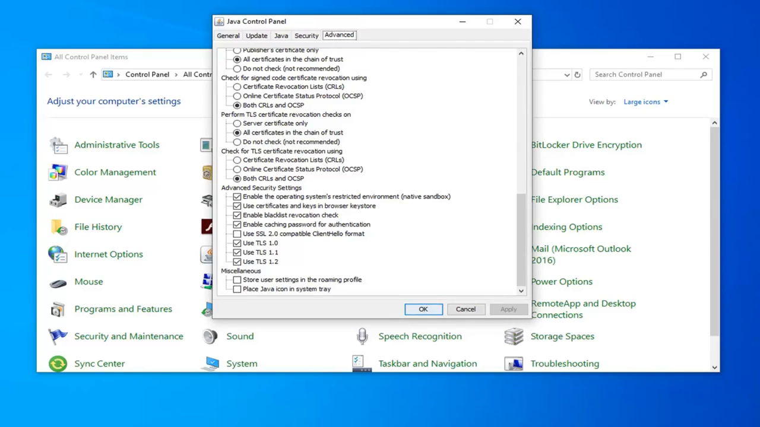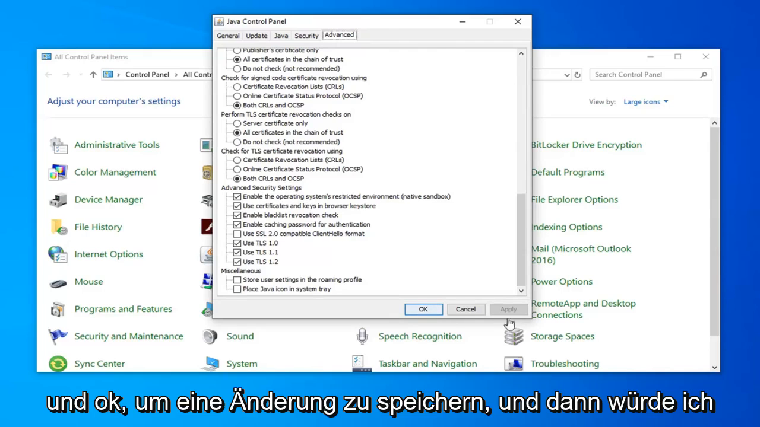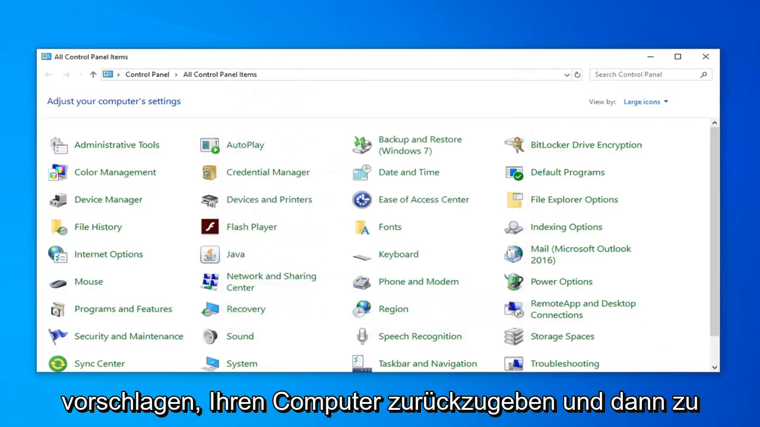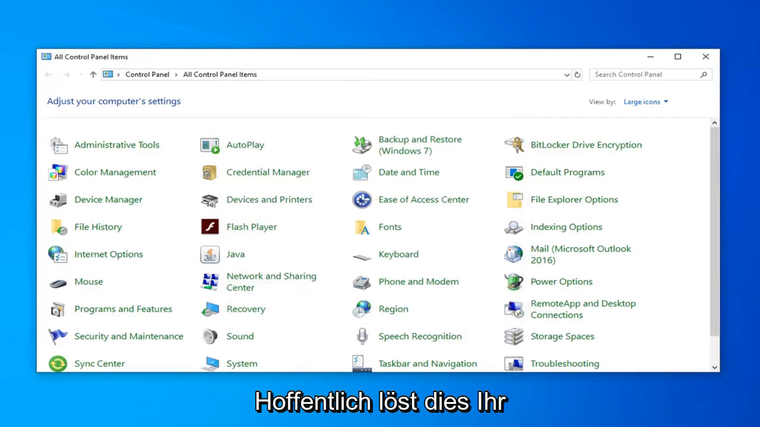Once that's done, you want to go ahead and just select apply and OK to save the change. And then I would suggest restarting your computer and then attempt to launch the application again, and hopefully that's resolved